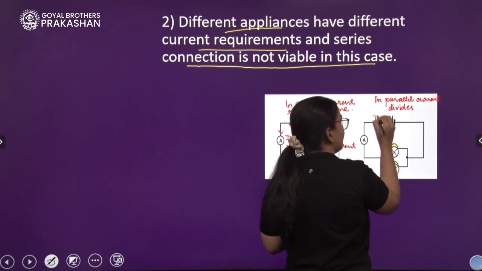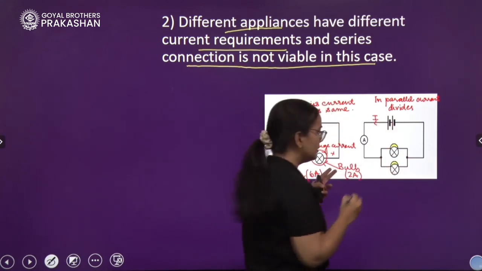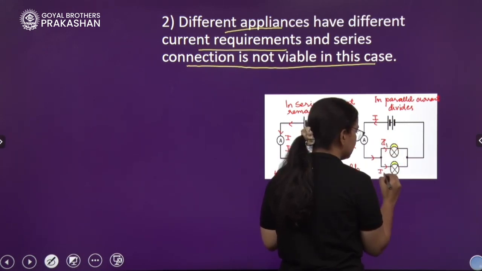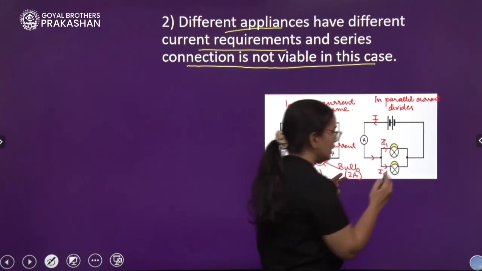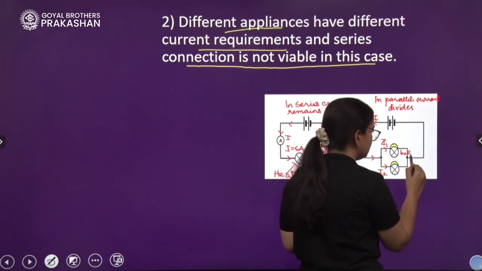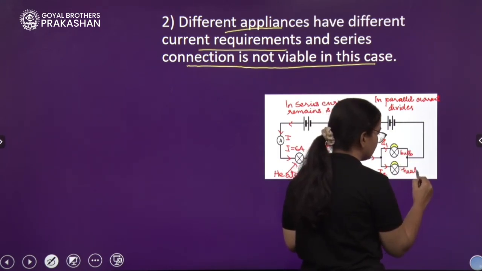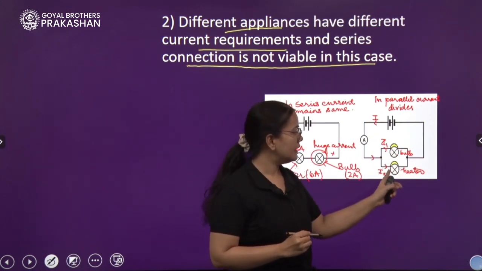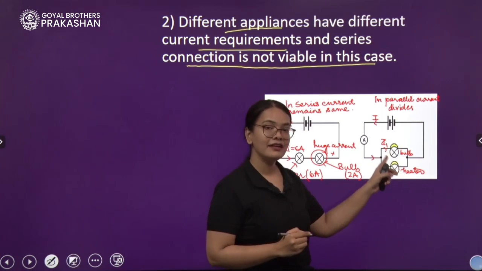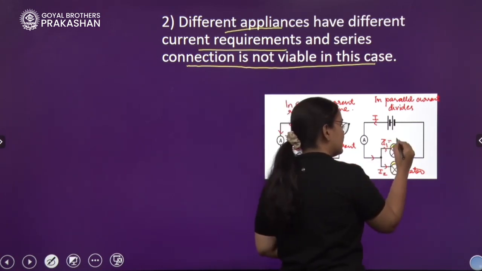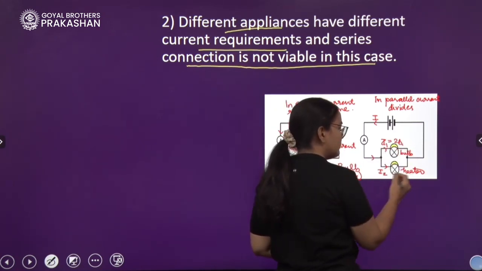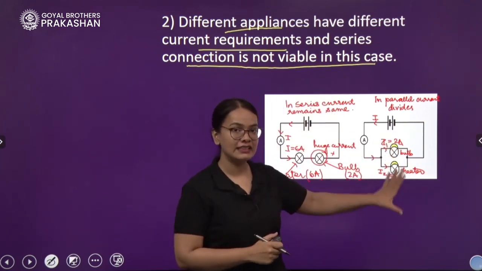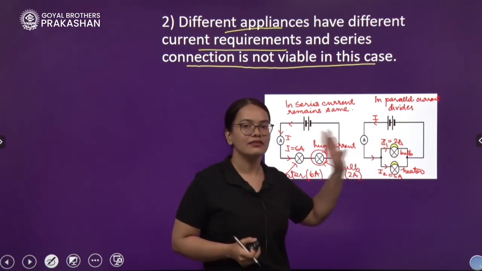Okay. So this current flows from here, and it is I1, it is I2. Now you have a bulb over here and you have a heater over here. Now different current will flow over here and as a result, I1 will get the desired, the bulb will get the desired 2 amperes and I2 will be different, let's say 6 amperes. So both of the components will get their desired current, and when they get the desired current, they will function